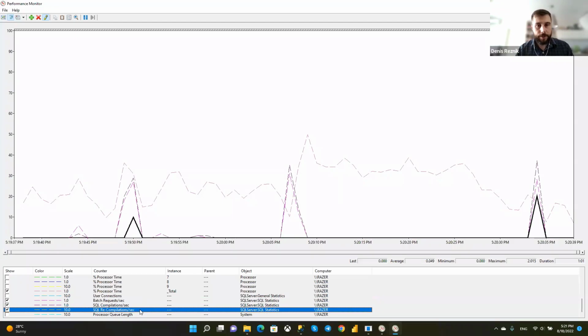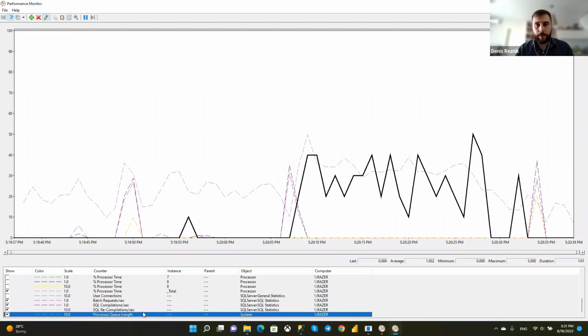Compilations and recompilations? No. So that means processor queue length is going up over here. And probably this means that not a big amount of small queries is giving us this load, but a small amount of heavy queries.